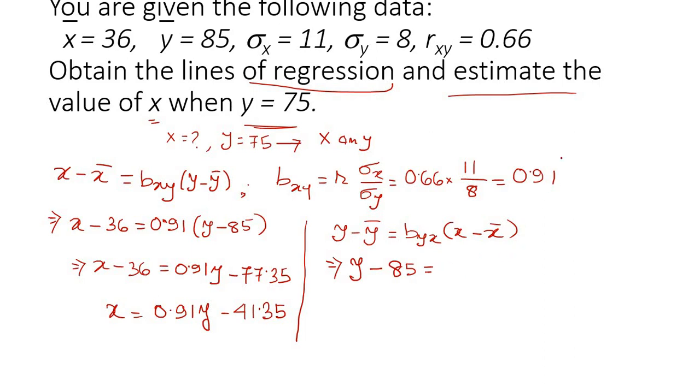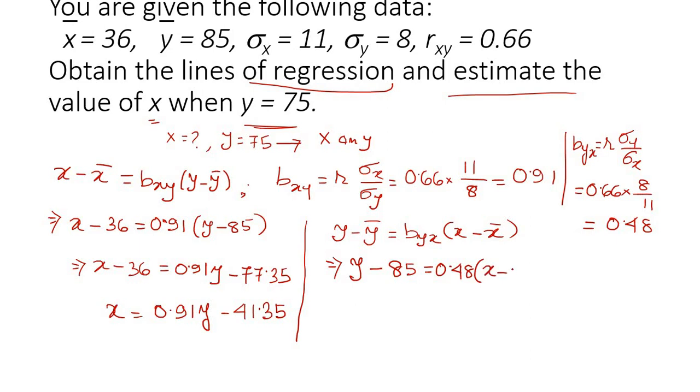Well, I have to compute byx. So byx is equal to r into sigma y by sigma x. So r is 0.66, sigma y is 8 by 11. So we get this value as 0.48. So we replace it here, 0.48 into x minus x bar, which is 36. So this gives me y minus 85